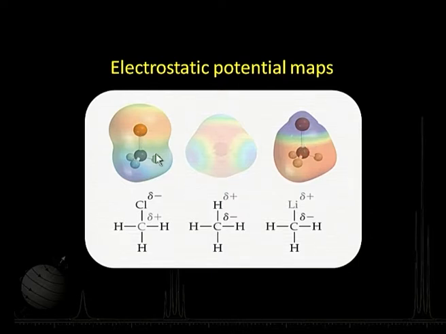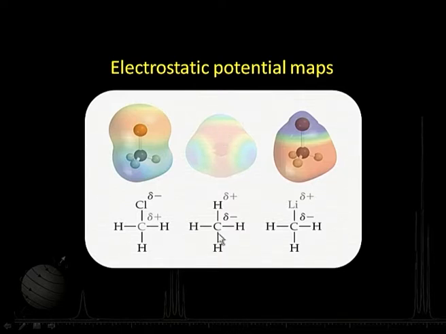These electrostatic potential maps are produced with the help of certain software. They indicate the electron densities in molecules, and they are indicated in terms of colors. A red color is indicative of high electron density and blue is indicative of low. We have a scale of this kind, and yellow and green come in between. In the case of methane, over this carbon atom you have a red cloud. That means there is more electron density here, and these hydrogens, having partial positive charges, are shown as blue there.